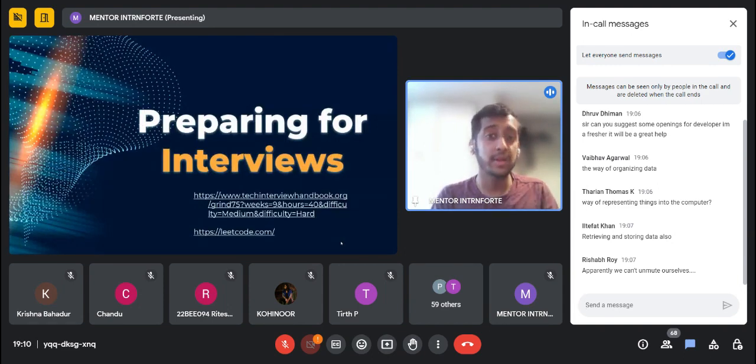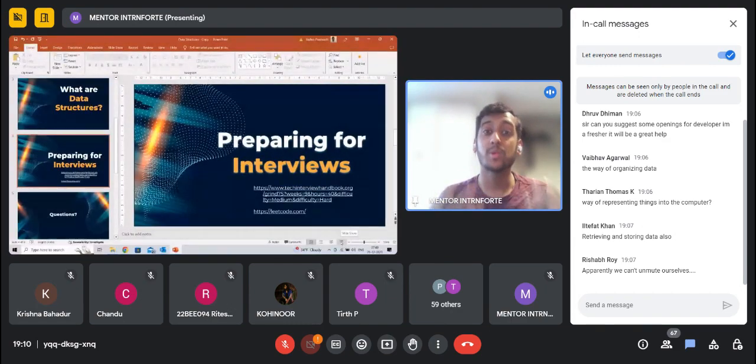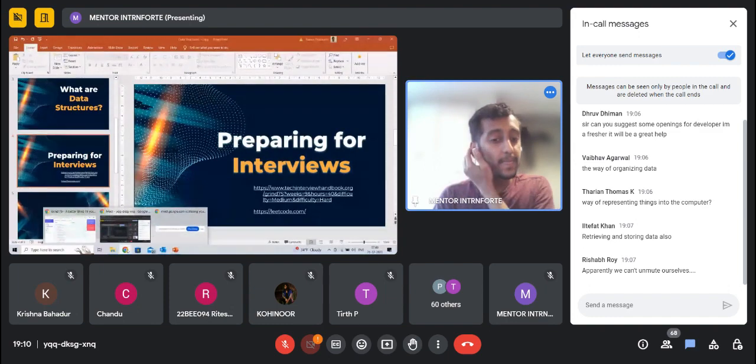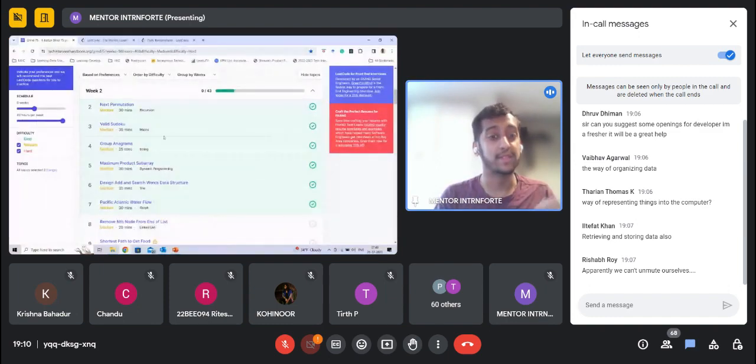And what we're going to be doing today is going to be slightly different, right? I wanted it to be more hands on. So what we're going to do is try to solve a question on data structures together on LeetCode, right? It's something very simple, but we're going to try to do this together.